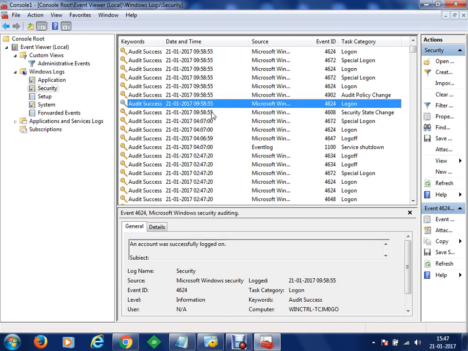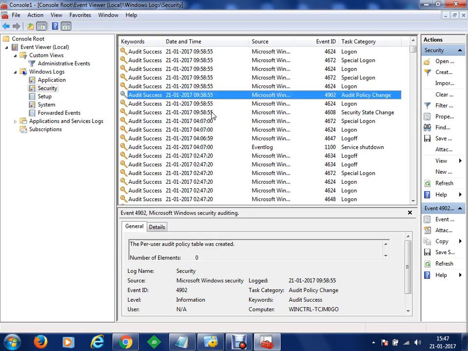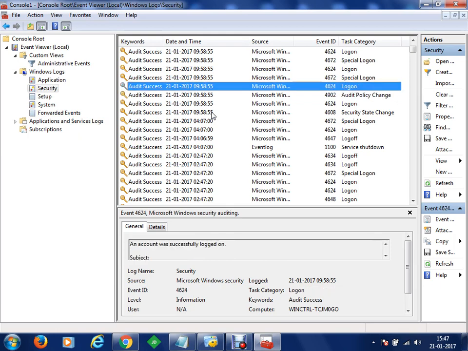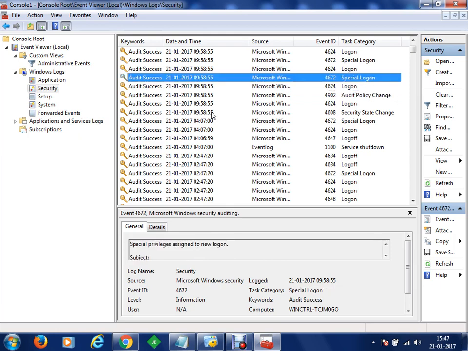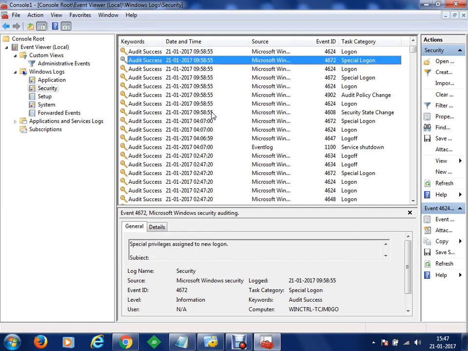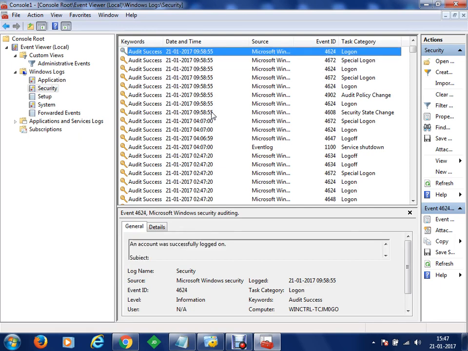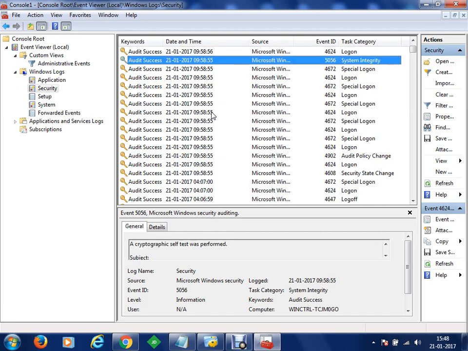Then a logon has been performed. Once the logon has been performed, the per-user audit policy table was created. Then again a logon has been performed, a special logon, because we have multiple accounts like domain accounts and controller accounts, so all these accounts are being logged on. Then you have the system integrity event, that a cryptographic self-test was performed.